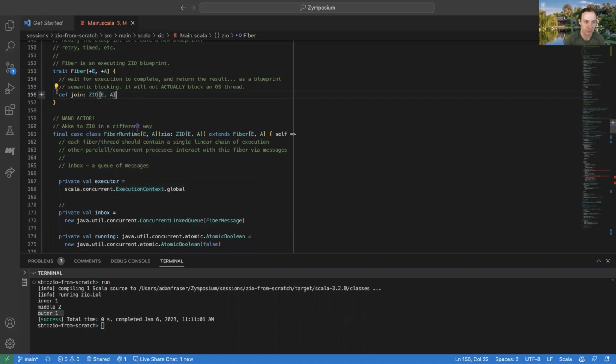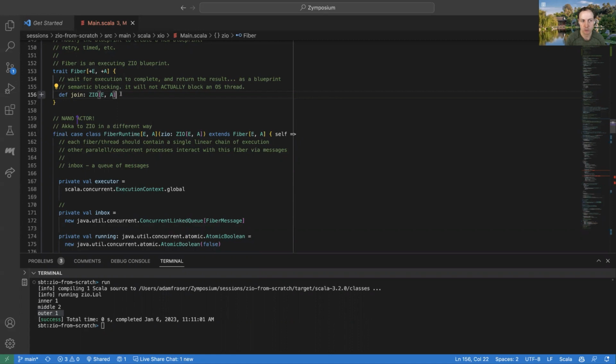Right now we have this one way of saying, hey, I'm interested in your result. When you're done, come back and tell me your result. Or we're going to want to implement this functionality to say, I don't want you to run anymore, interrupt yourself. I essentially want to kill you. Or maybe we have other things asking for information on the fiber, like, I want your status or something else. And so in ZIO 1, a lot of that was implemented by just having different concurrent data structures that were in that fiber.